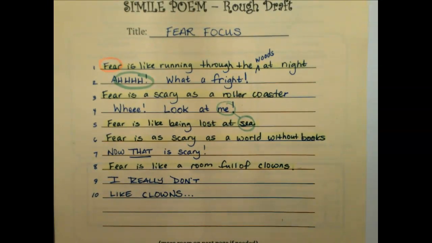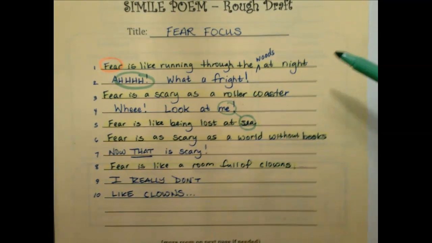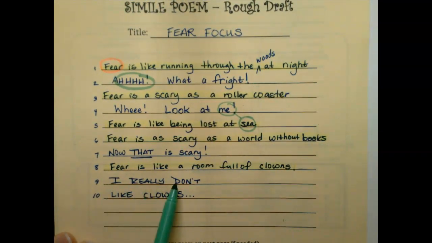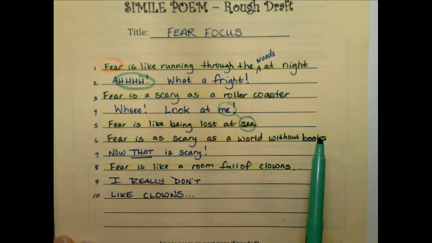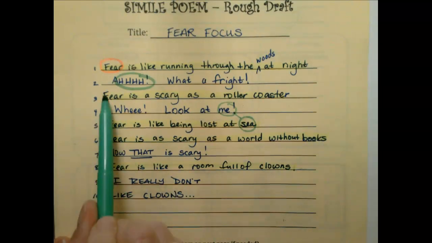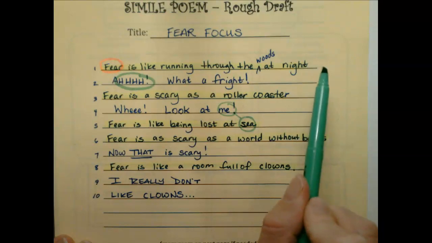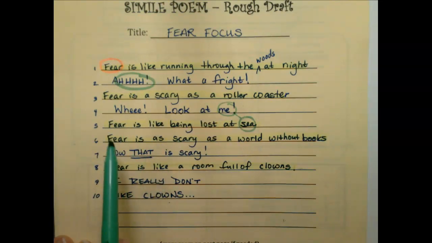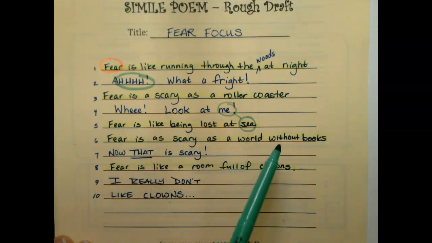Now in poetry, one thing to make sure of is you need to decide how long each line is. So you'll notice I have some short lines and I have some longer lines. So make sure you are deciding exactly how long each line is. You should not just be writing until you run out of space, like if you were writing a paragraph. So I recommend trying to have some short lines, like I have here, mixed in maybe with some longer lines, like I have here. And once you get done with your rough draft, you're ready, it's finished, and then the